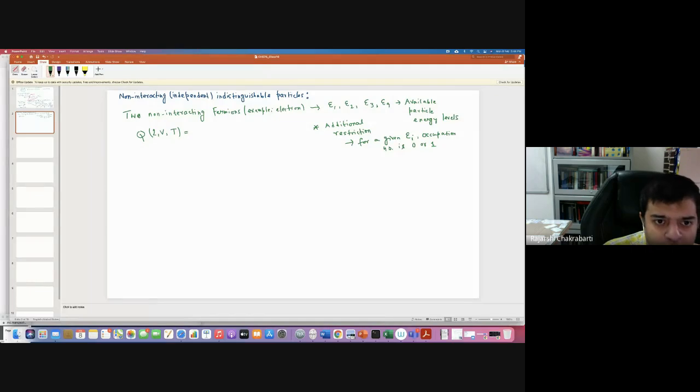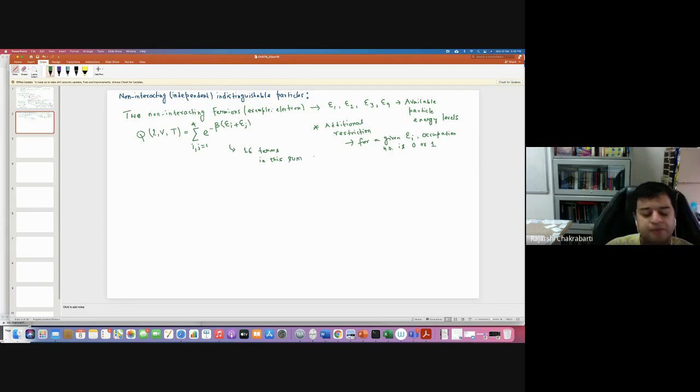So in general, if you write this down, you sum over the 4 states, like i j. I put i j because now I have 2 particles, but I cannot put a b because they are indistinguishable. So actually there will be 16 terms in this sum. You can do it yourself. I'm not going to do it, but if you sit and try, you will see that there are 16 terms in the sum, but 4 terms